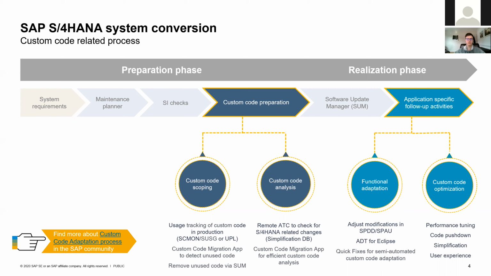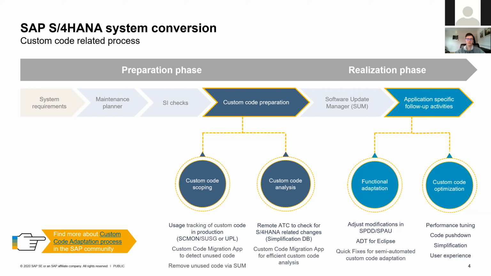Another significant part can be replaced with SAP standard code upon system conversion. If you remove obsolete and unused code, you will significantly reduce your effort for the custom code adaptation activities. Therefore, we recommend doing the so-called custom code scoping, and the foundation for this